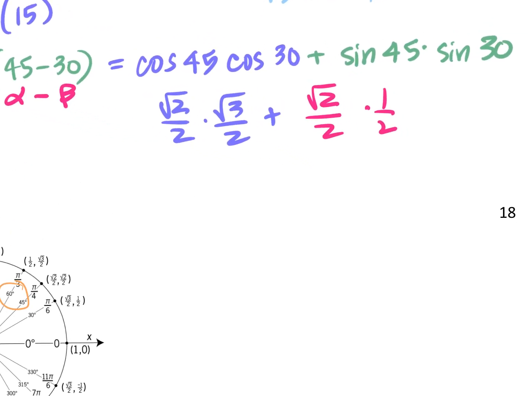What we can do, when they're under the root, they both get to stay under. What's root 3 times root 2? Root 6 over 4. When you multiply, you do multiply straight across on the bottom. Plus,